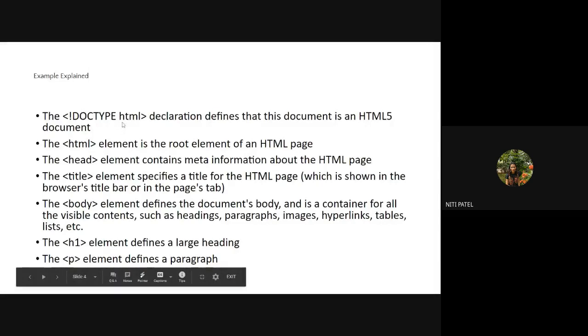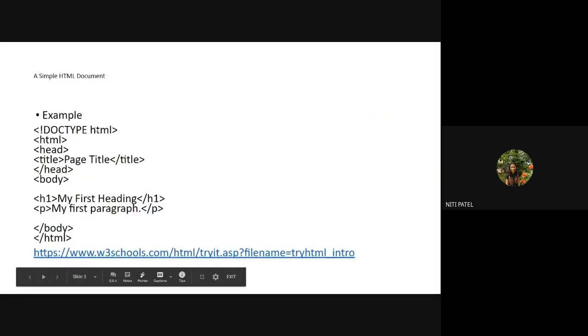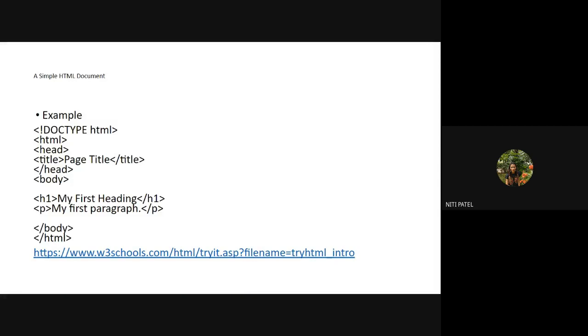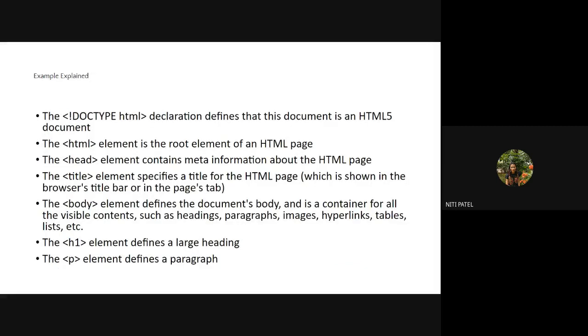Okay. So if you do not write doctype, your program will still run, but it will not run with the HTML5 version. So if you don't write this, it is a web page which is prepared without using the HTML5 version. Now the latest version is HTML5. And how does a web browser identify whether it is HTML5 or not? By using this declaration, written at the first line. Okay, you cannot write this line anywhere, wherever you wish. It has to be the very first line of the web page.